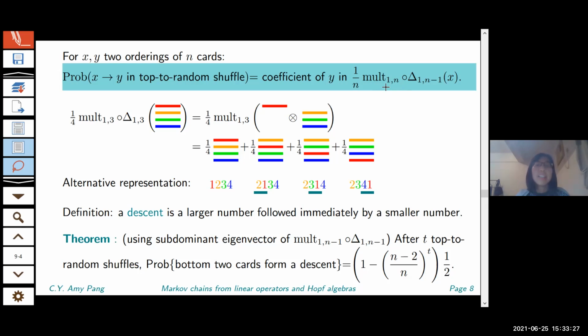It's true that I can do coproducts ij and multiplication ij for any i and j, and I can even take a linear combination of those things, and they will work with